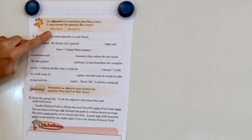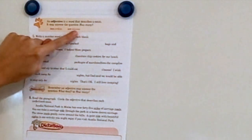So we had what kind is a way that it answers that question, but it also answers the question, how many? So an example would be the number word 2. 2 cookies, that describes how many cookies. 10 pennies, that describes how many pennies. 10 would be the adjective. So at number 2, it tells us to read the paragraph. Circle the adjective that describes each underlined noun. So we're going to be doing some circling. The noun is going to be underlined, and we have to figure out which word describes that noun, tells us